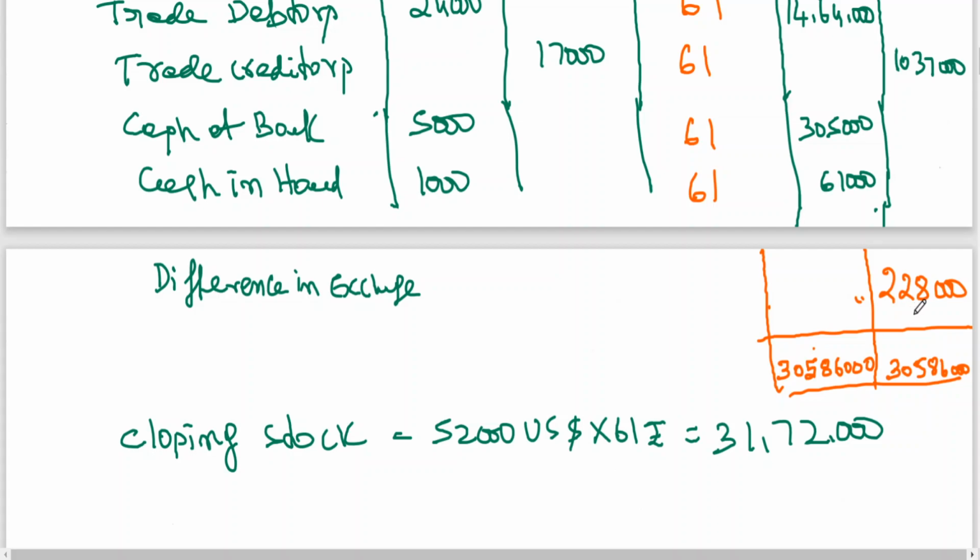When the difference you are getting is on the credit side, it is a gain. It should be credited to P&L account. Otherwise, if it is a non-integral foreign operation, the same thing will be taken as a translation reserve. Is this clear? Foreign currency translation reserve, that is what you will write if it is a non-integral foreign operation. So here the difference in exchange will be taken to P&L account, as the question asks us to prepare trading comma P&L account. The same thing we are following. So this difference in exchange will be taken to P&L account.